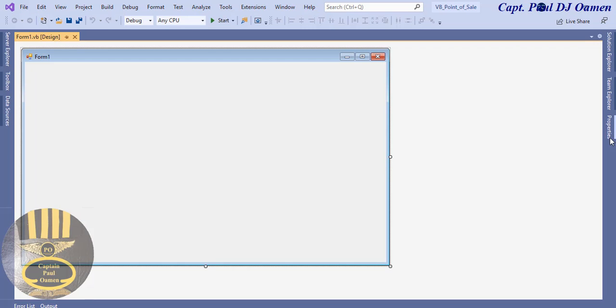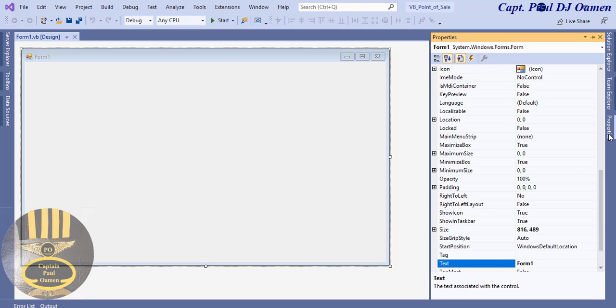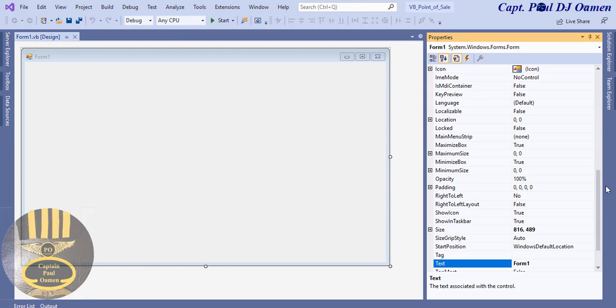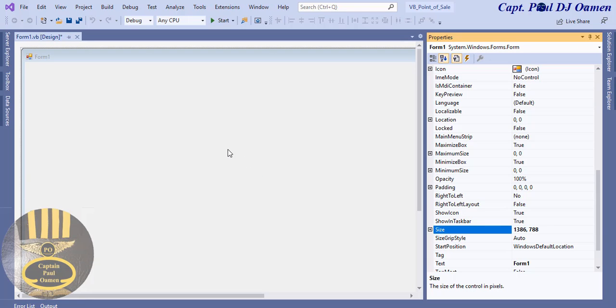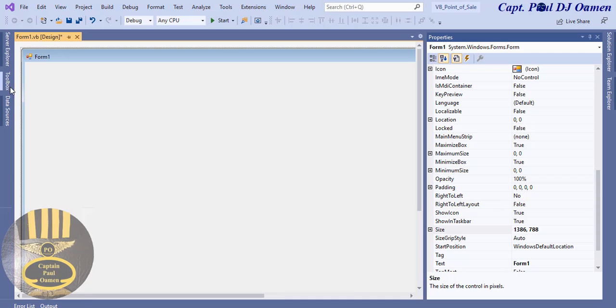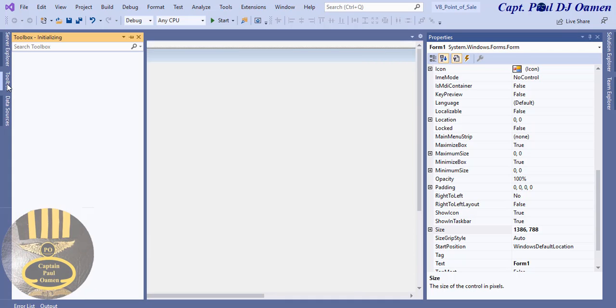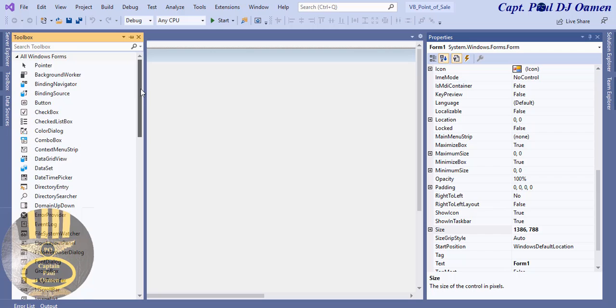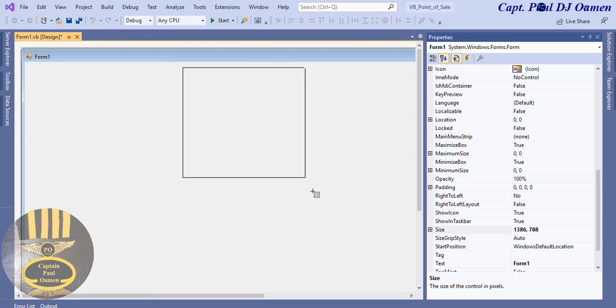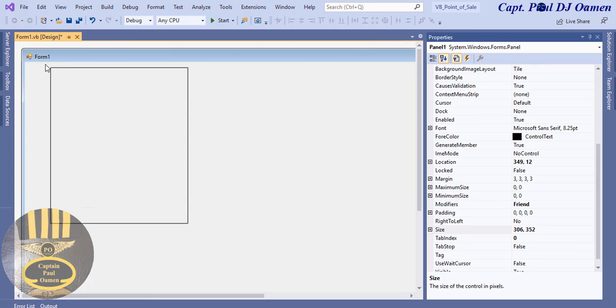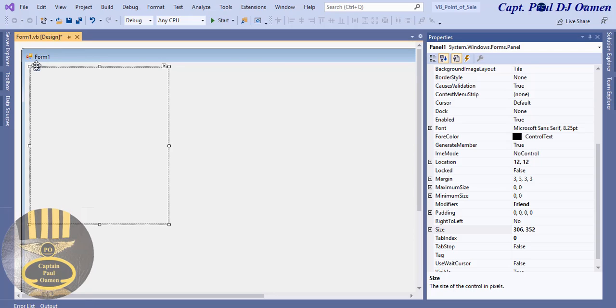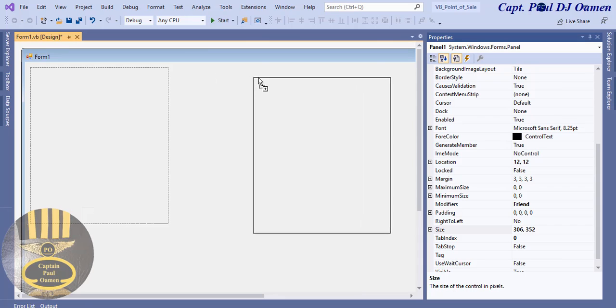Okay, now my development environment is ready. I'm going to go straight into the properties right there, and let's change the size to 1386 by 788. Press enter there, and now let's go straight to the toolbox, and we need a panel. I have one panel there. I'm just going to copy this panel across anyway. So hold on to your control, click and drag. We want one here,